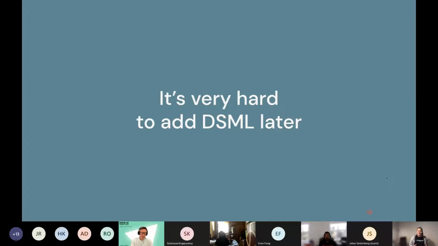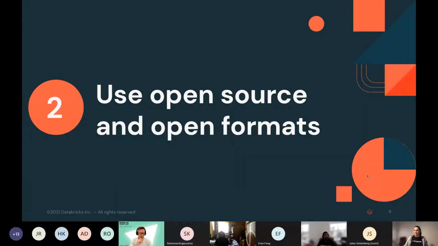And it is actually really hard to add that second layer, the right side of the curve, later on. What's the difference between all those companies that are really succeeding by using AI, data and machine learning is that they architected from the beginning. So when we were doing the architecture of their data platform, they already kept data science and machine learning in mind. So they didn't really have to re-architect and add it later on. Another thing that all of them have in common is they do use open source and open formats.